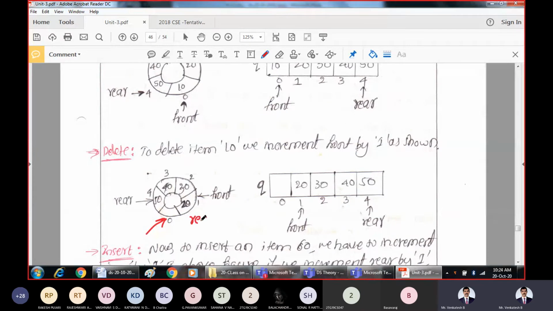So see here, if you perform directly like this, rear equal to rear plus 1, normal incrementing, what happens? The present value of rear is 4. 4 plus 1 is what? 5. So rear becomes 5, but there is no index called 5. So for that purpose, we will go for modulo